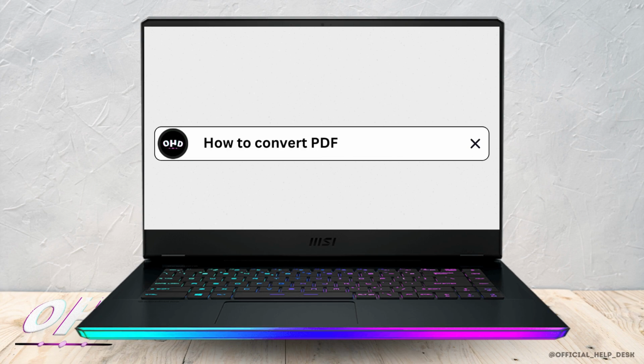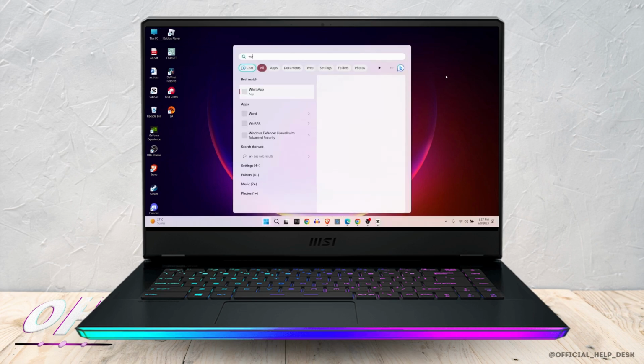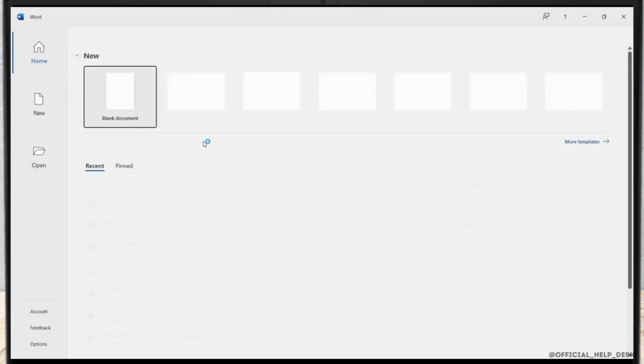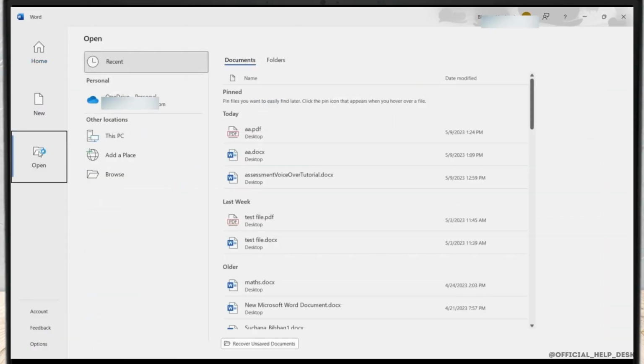How to convert a PDF file into a Word file. So in order to do that, firstly go to Word and open the Word, and after that click on Open